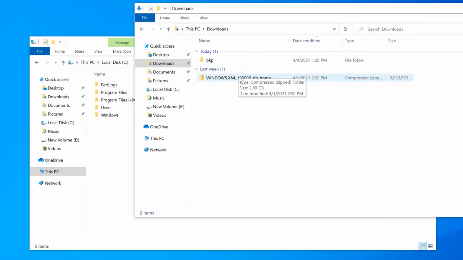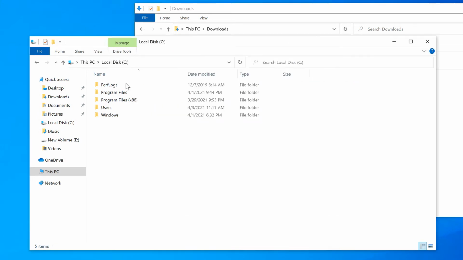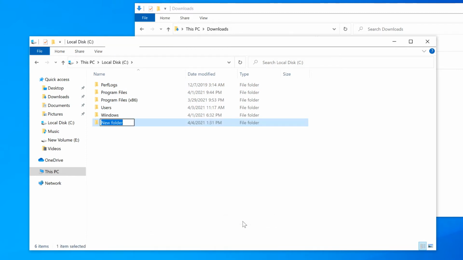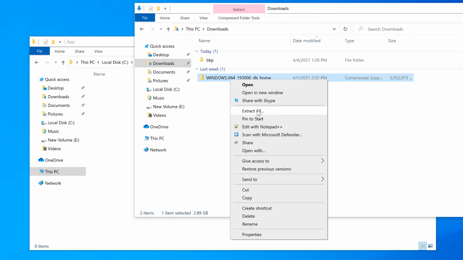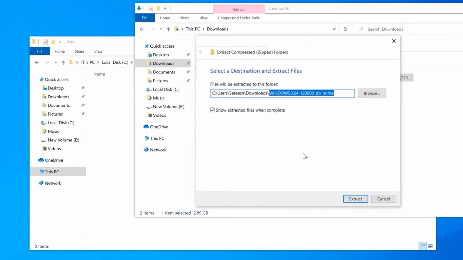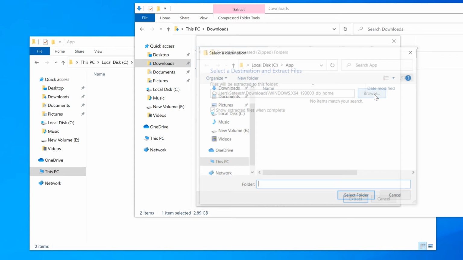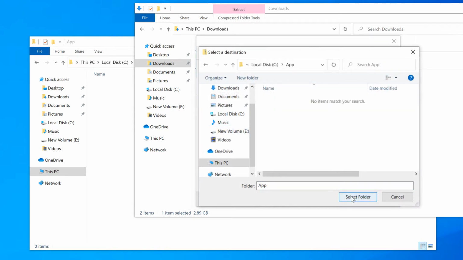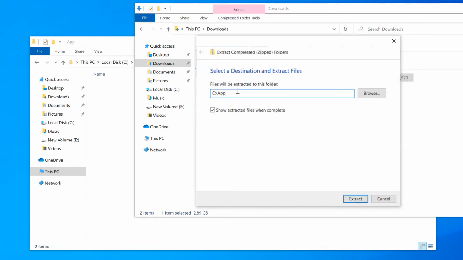So this is the zip file that gets downloaded. Before extracting, go to your C drive, create a new folder called app. Now extract the zip file into this app folder. Right click on the zip file, click extract all, just copy this name, click on browse, select C drive, select app folder, click extract.